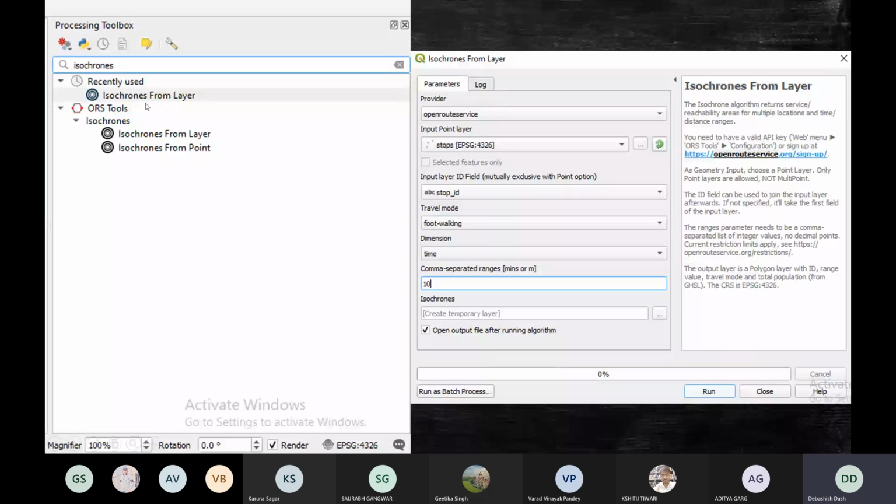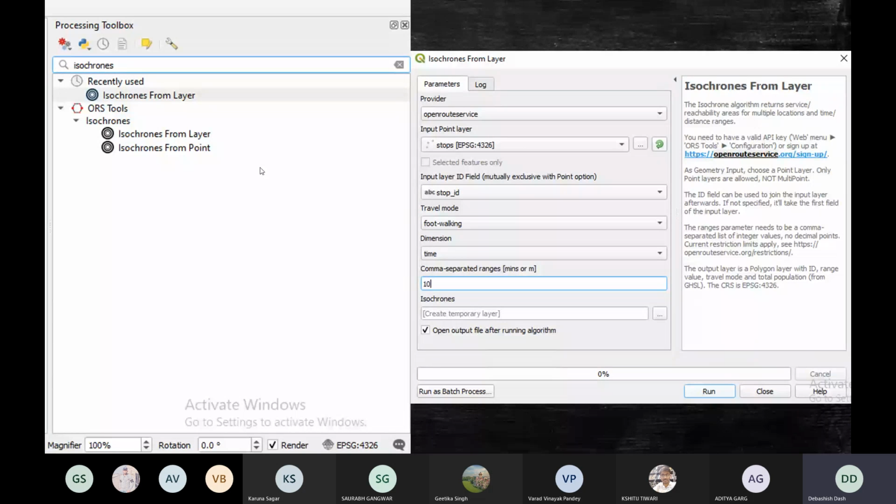Now you have another option called isochrones. I'll explain what isochrone is. Just like we discussed in contours, what was a contour? Contour was basically a line connecting all the points having the same elevation. So isochrone is something like, suppose you take a time of 10 minutes, all the area that you can cover from a single point in 10 minutes, that is called isochrone. So in a stipulated time interval, the area that you can cover is called isochrone.